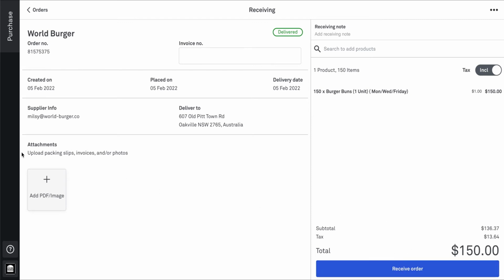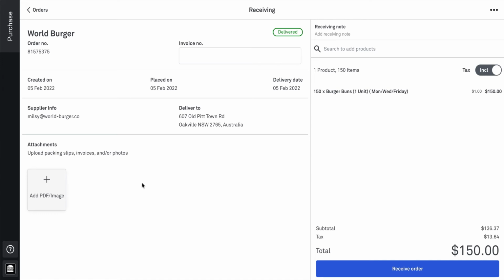Before we do that, we should go over this little attachment here. If there's a problem with stock, like the burgers being flattened or the chicken not being correct, we can add an attachment in here, add a PDF, and then send that back to the operations team and say, hey guys, look, there's a problem with this. Can we send that back and we'll reissue another one? Very, very simple and easy, but a great way to communicate with the operations team without really having too much